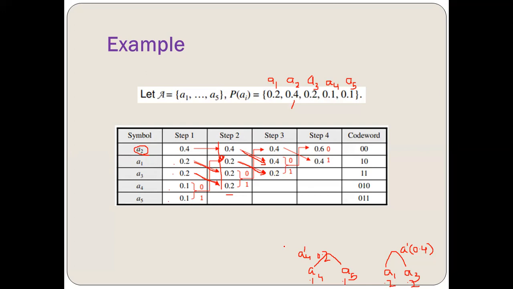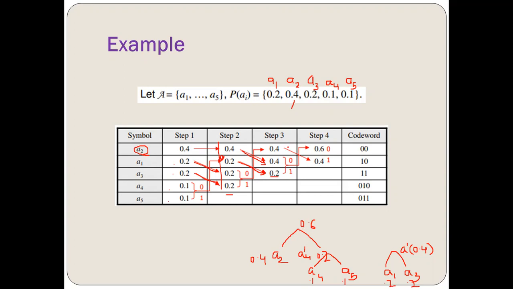So I'm going to make the tree this way. This is A4 dash, that is 0.2, and I have A2, that is 0.4 probability. Now these two are added, 0.4 and 0.2, and I'll get 0.6.